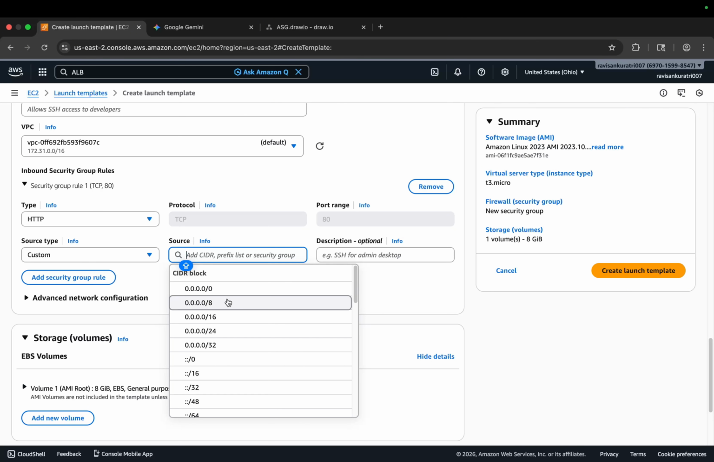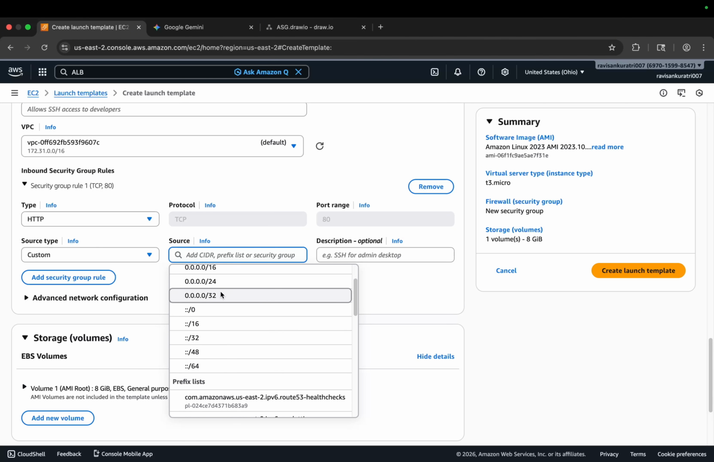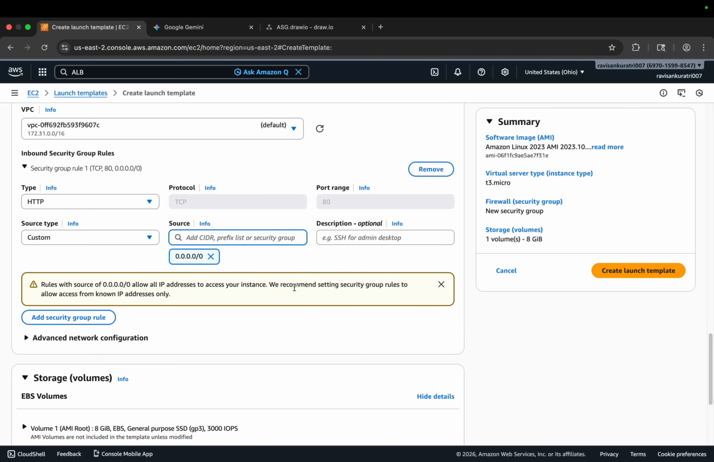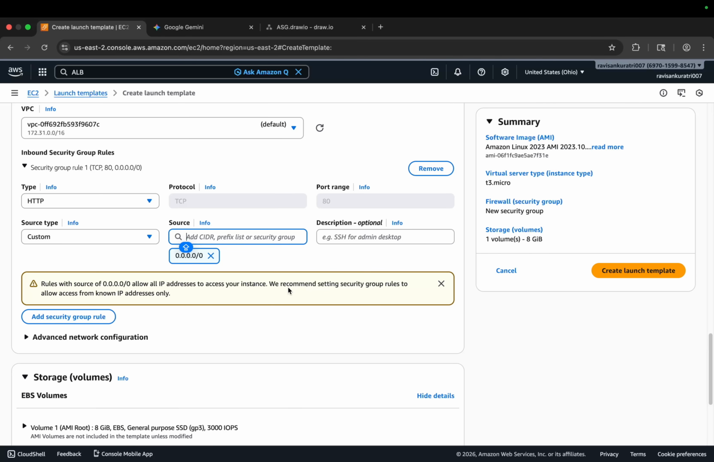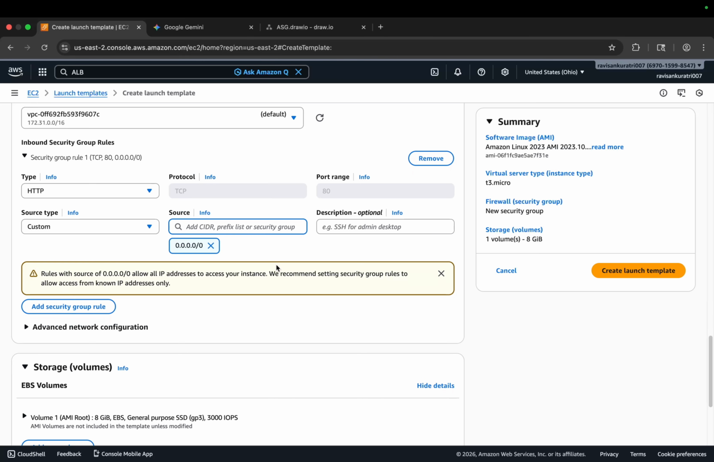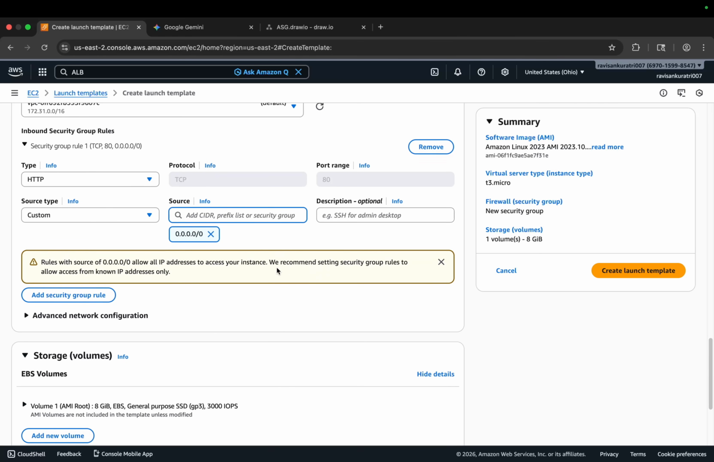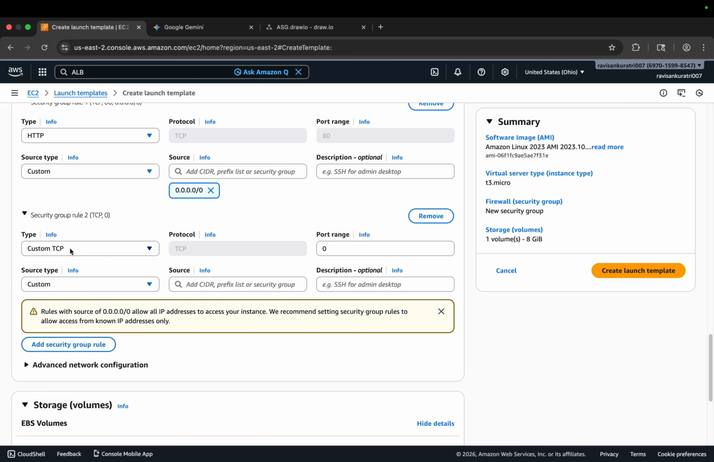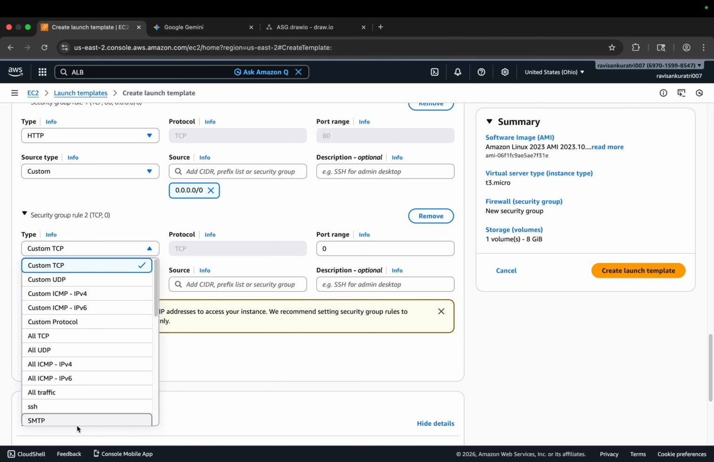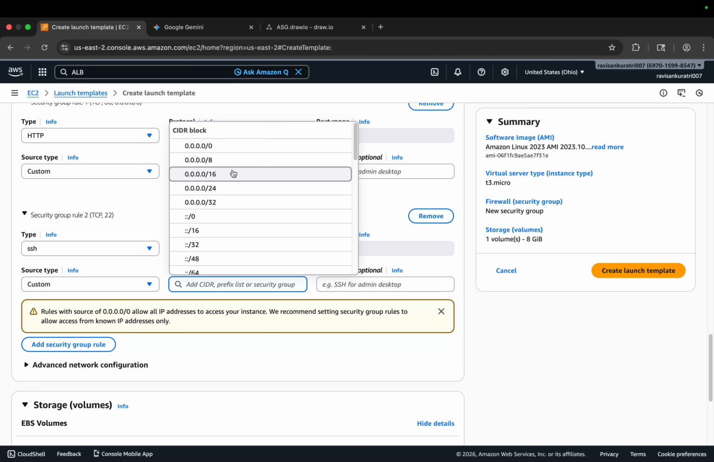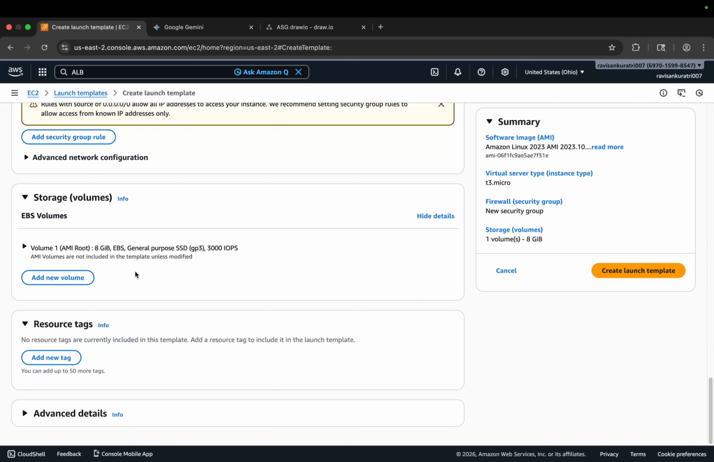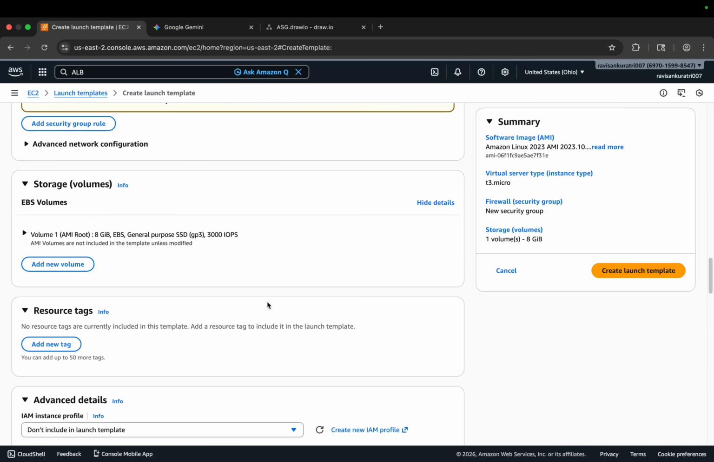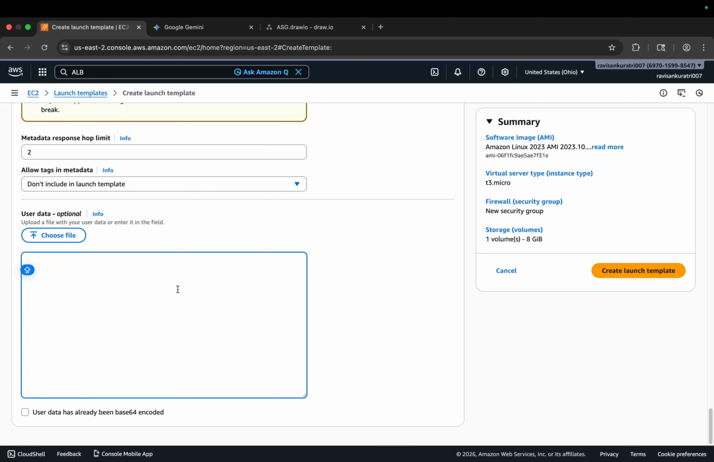So right now I'm using any, allow traffic from any source, which is not actually recommended, but let's keep it this way to keep things simple. And you can also add SSH from everywhere. And I'm leaving EBS volume as it is, and in advanced details I would like to add something